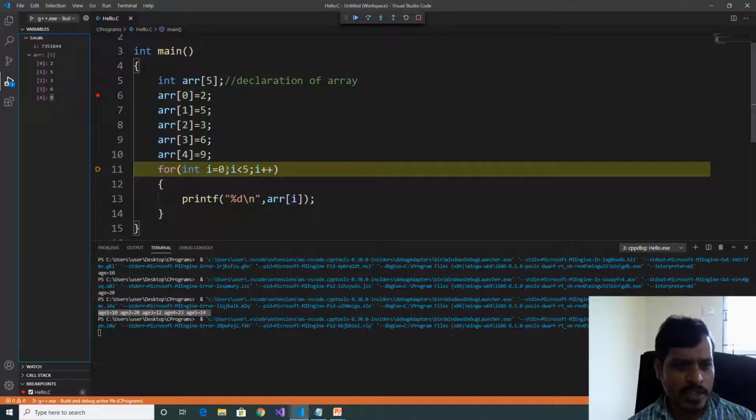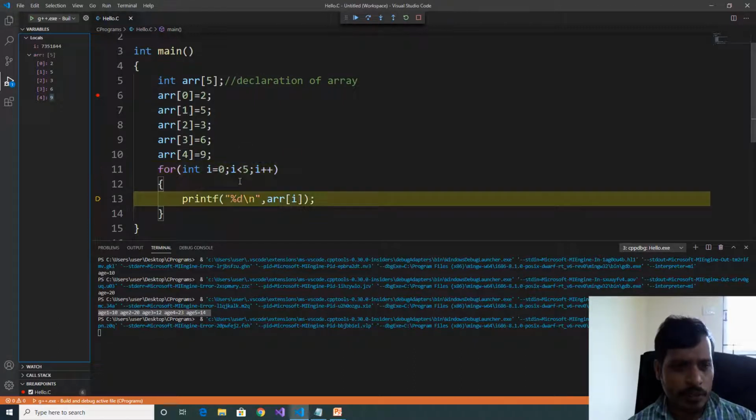If you want to get the items, here the index is 0. So here we need to assign int i is equal to 0. Later, 0 less than 5. Here the last index is 4, so we need to check i less than 5. i less than 5 means up to 4. Here 0 less than 5, true.